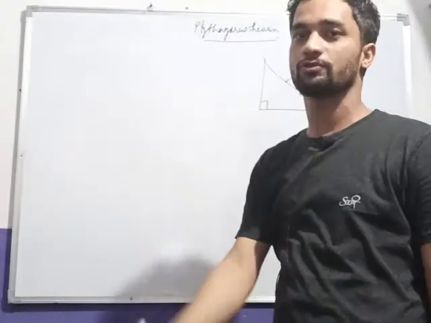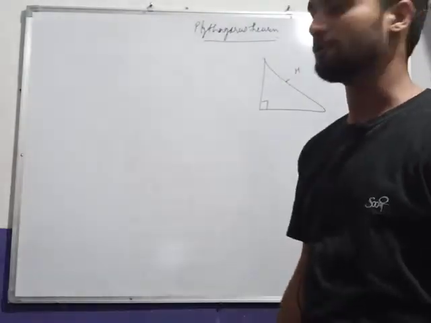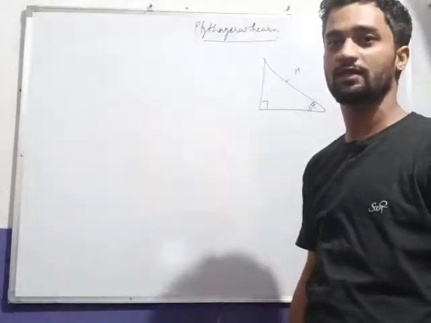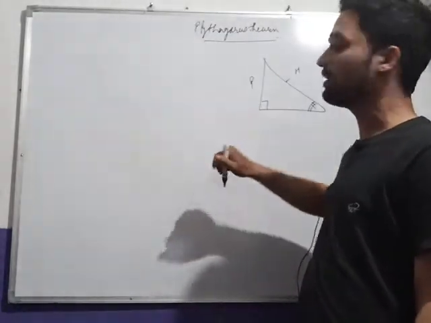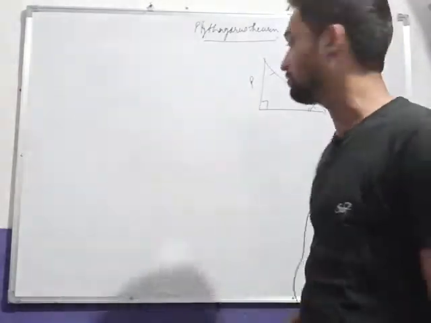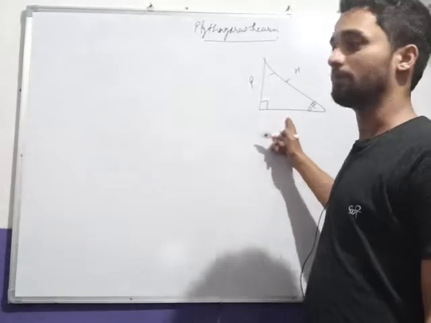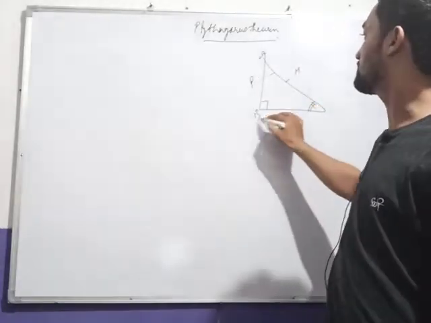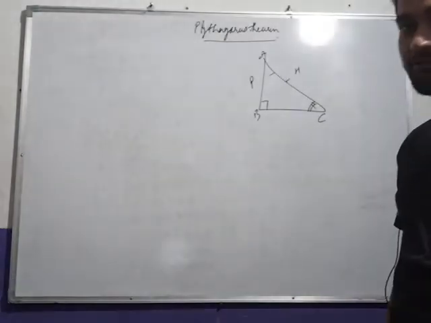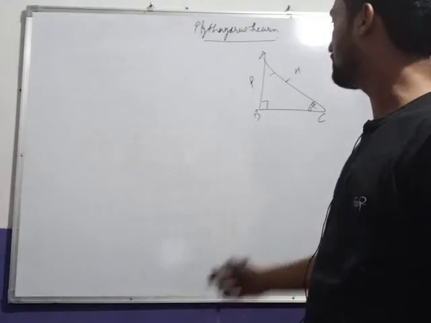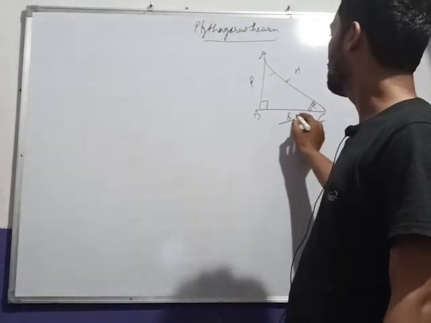But we are not sure about the perpendicular and base, because if we are taking this angle as a reference angle, then this will be our perpendicular. If in any case we are taking this other angle as a reference angle, then this will be our perpendicular. But in today's video, suppose this is A, B, C, and we are taking C as the reference angle, so opposite to C, AB must be the perpendicular. So what is left? This will be our base only.